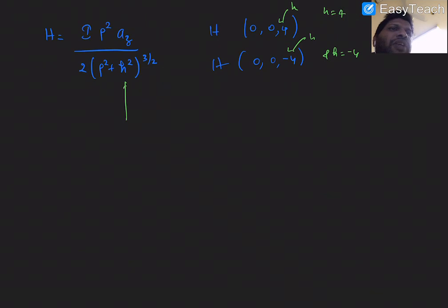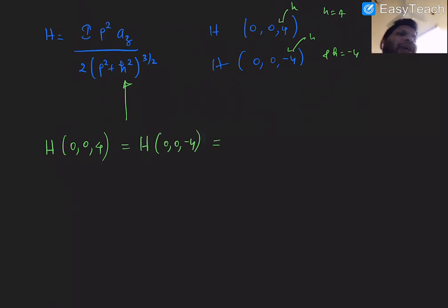But in the equation you have seen the final result contains h square. So the intensity is like (-4) square in one case, and in the other case it is 4 square. If I put in the value for h, H at (0, 0, 4) is equal to H at (0, 0, -4), because the final equation contains h square. If you square -4 and 4, you will get the same answer. So this becomes I into rho square into AZ divided by